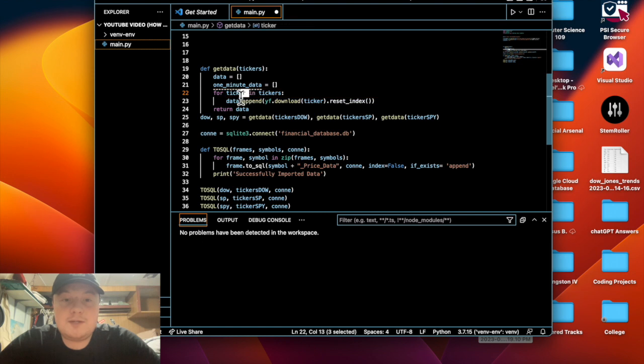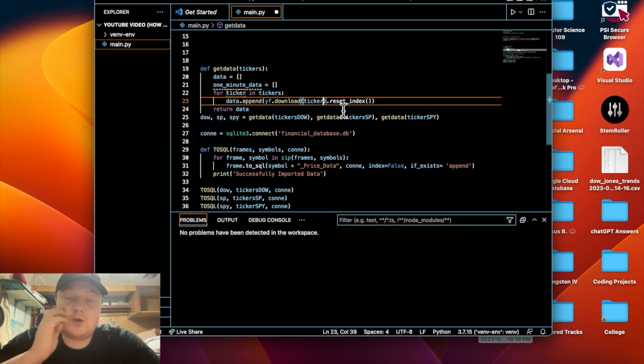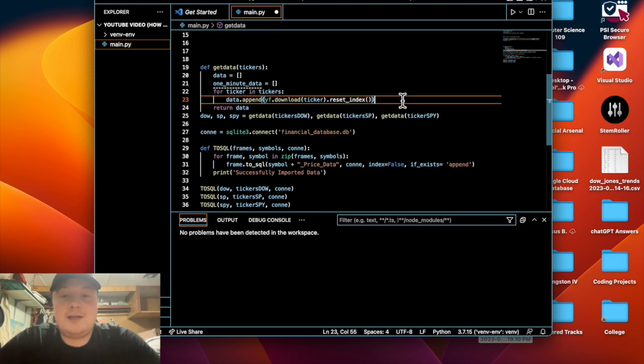As we have ticker and tickers, it's gathering each historical stock price data set for each ticker. Then we use this reset index because we don't want each row that we gather data on to be numbered, because if you don't use this reset index function, then it'll essentially create a separate column